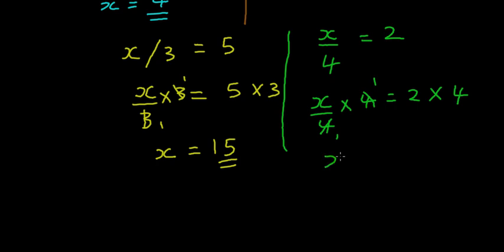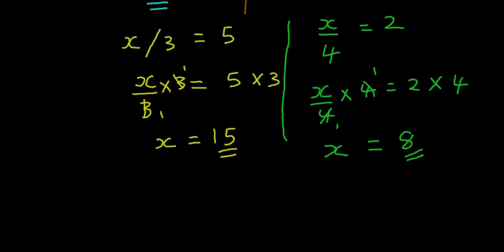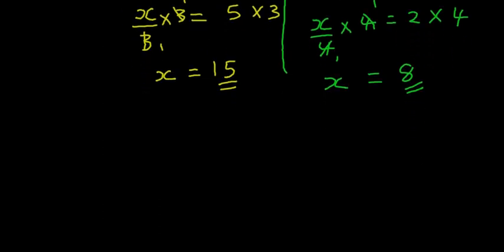So you're left with x equals 2 times 4, which gives you 8. Okay, so x equals 8. That's solved. Let's try a more